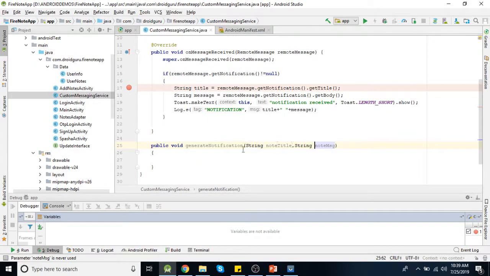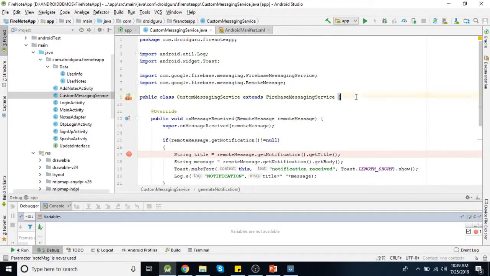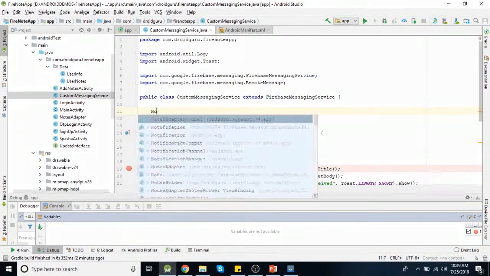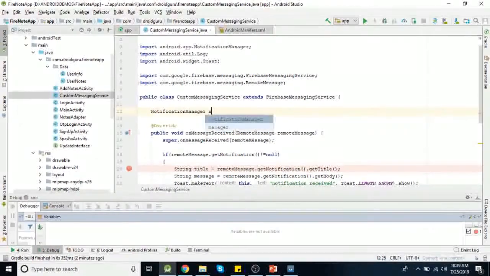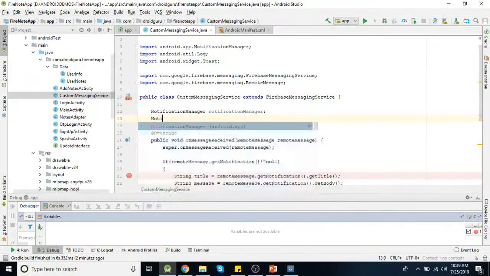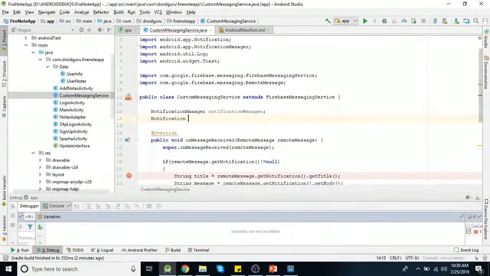Now we need two objects here, or two objects for classes: notification manager, and second object is notification class. So notification.